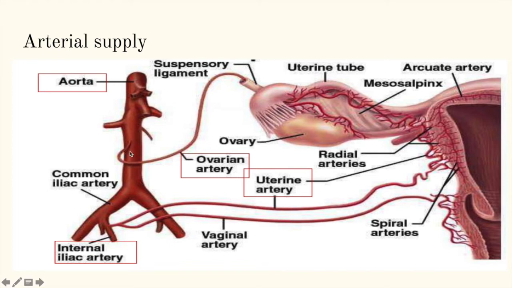So this is the ovarian artery, which arises below the level of the renal artery. It descends through the posterior abdominal wall and reaches the suspensory ligament. Through that ligament, this ovarian artery passes and enters the mesosalpinx area. Through that area, it enters the hilum of the ovary, that mesovarium border, and supplies the ovary. Apart from supplying the ovary, this ovarian artery also supplies the lateral 1/3 of the fallopian tube.